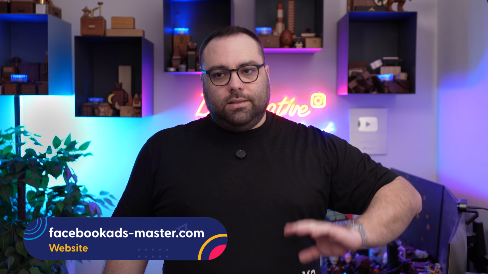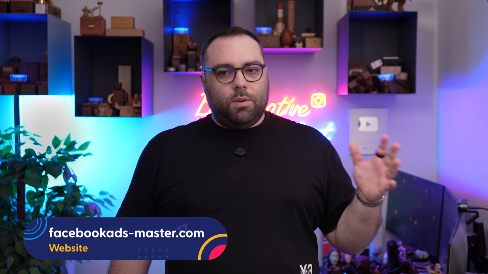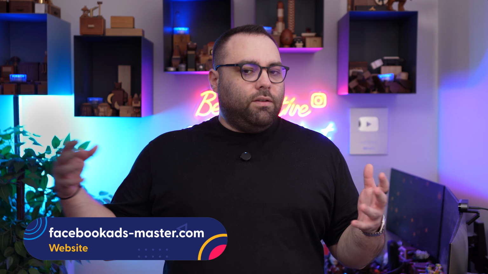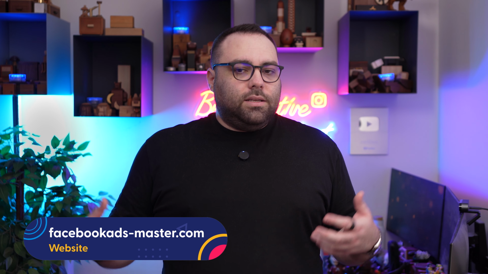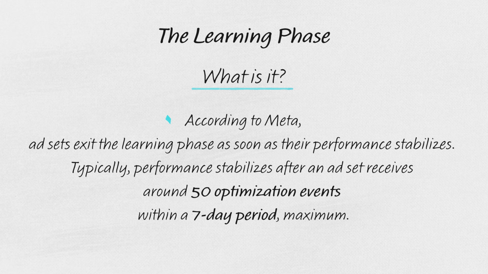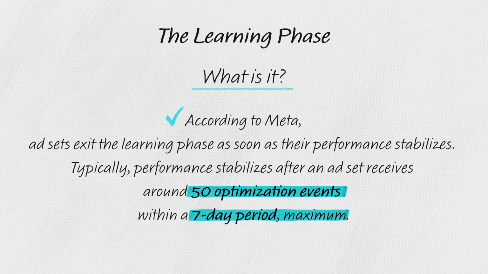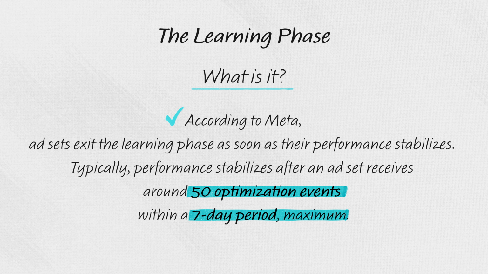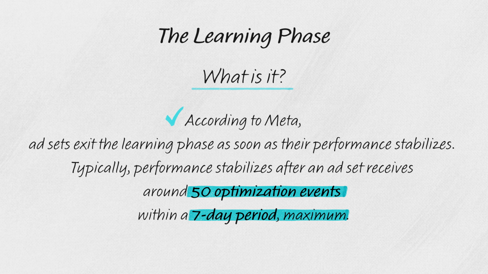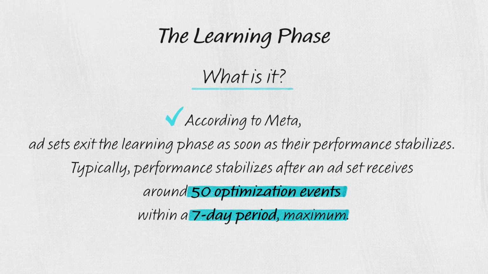We're not going to analyze which one is correct, and I hear some people saying that Meta is stealing sales. Even if it's stealing sales, to me, it's data that's going to be used for optimization. Anyway, the learning phase says that you need to gather 50 events of the event that you're optimizing for. For example, if you're optimizing for purchase, you need to have 50 purchase events to pass the learning phase. So Meta says that you need 50 events of the event that you're using for optimization.